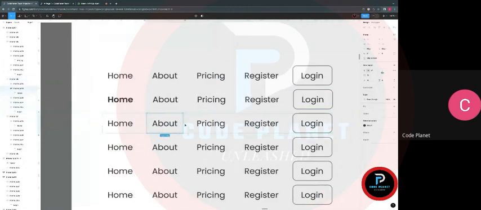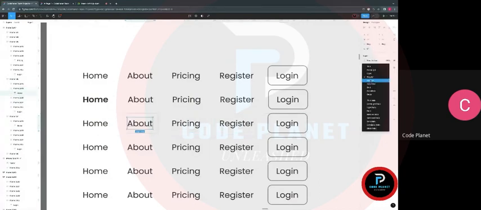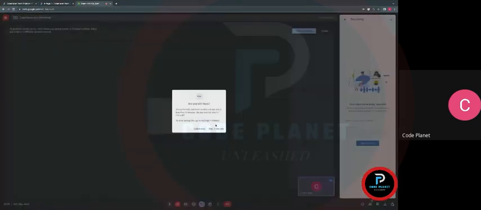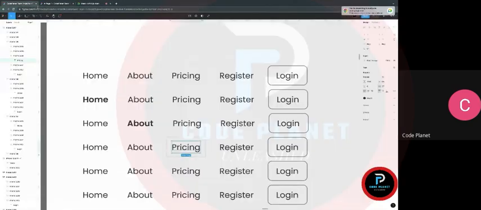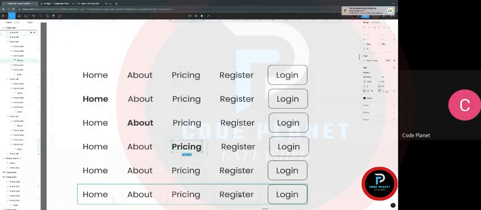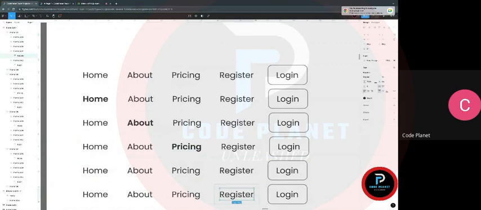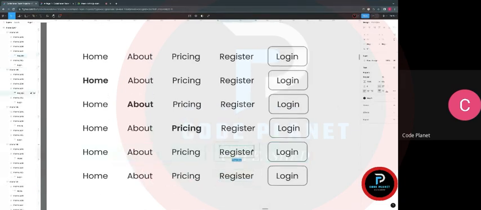So the next one, which will be placed on the about page, we come here, select about, and change it to semi-bold. Come here to pricing, and we change the pricing also to semi-bold. Come here to register and we can change register to semi-bold, or we can give register